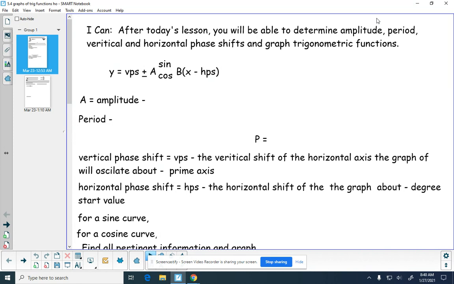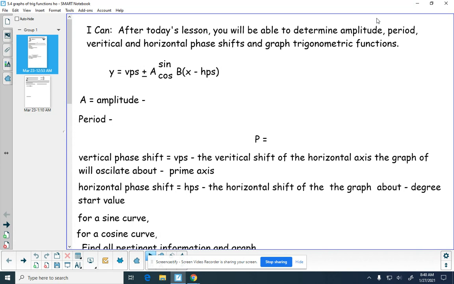All right, what we're going to talk about today is the idea of graphs of trig functions. That's the next progression in what we did in trig class. We looked at trig ratios, found trig ratios, and then reference angles. Then we went into graphs of trig functions. That's what we get to talk about today. We have a base equation